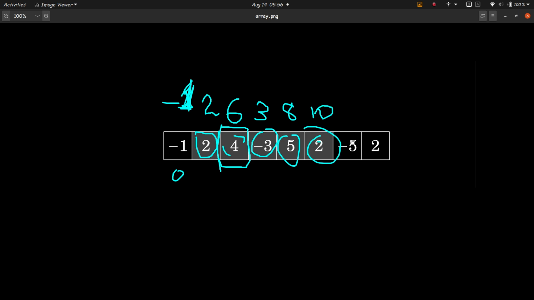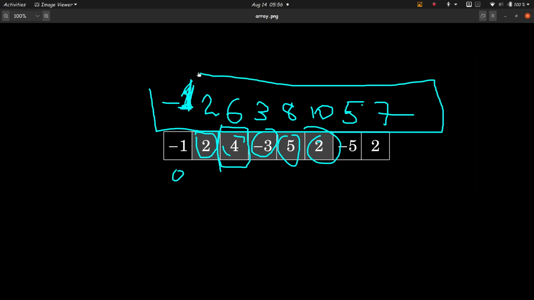Then 10 minus 5, that is not -5, that is just 5. Okay, it's 5. And then 5 plus 2, this is 7. So we have an array of all the sums. This is an array of the sums if that particular index were the last index. Okay, and this array is represented as sum arr in the program, the sum array. Okay, so this is the sum array.